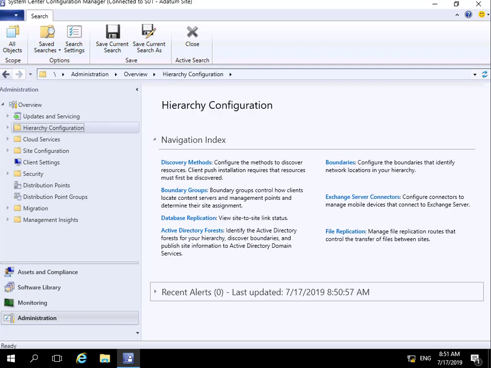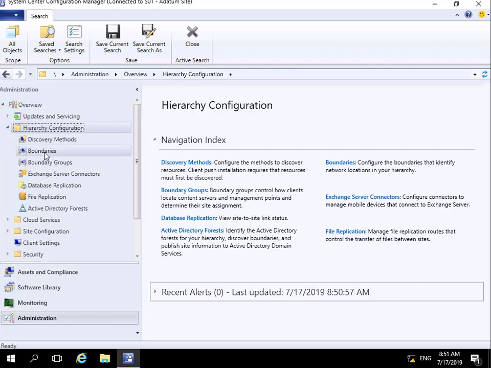We can either do it automatically based off an Active Directory discovery, or we can do it manually by right-clicking on boundaries and saying create a new boundary. To start with, what we'll have a look at here is just using the Active Directory forest discovery method to create our boundaries. If I come to my hierarchy configuration, expand up the triangle, have a look at boundaries, we